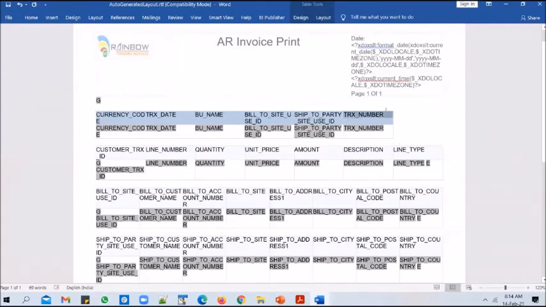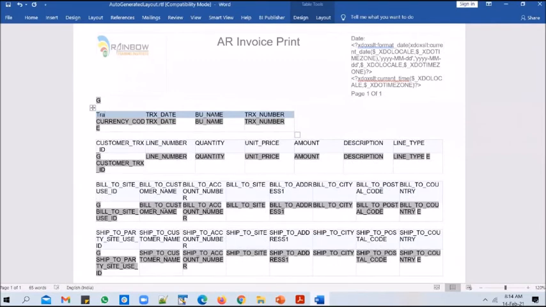What I can do was, I also don't need these two columns. I also don't need a bill to ID and a ship to ID because I have added these columns so that I can link the invoice query with the bill to query and ship to query. I don't need to print them to the customer, right? Because the customer would be least interested in what is the bill to customer ID or a ship to customer ID in ERP Cloud, right? So let's change this to a transaction number.